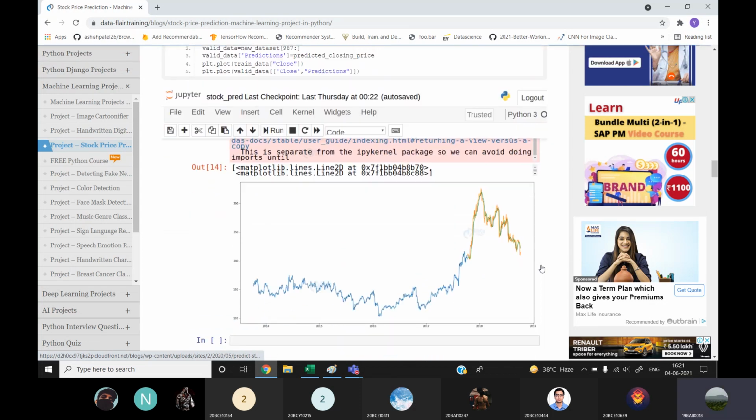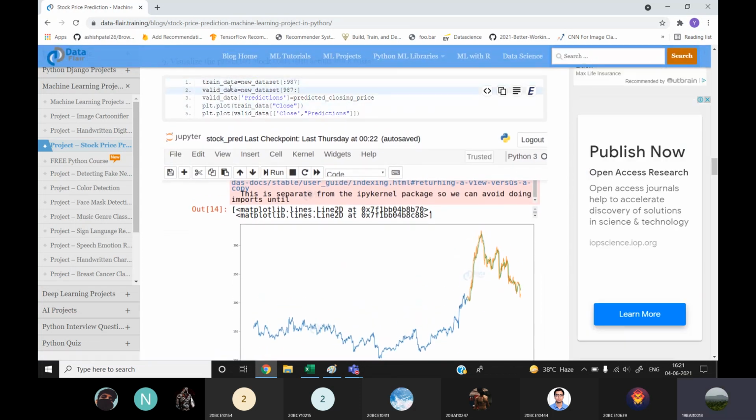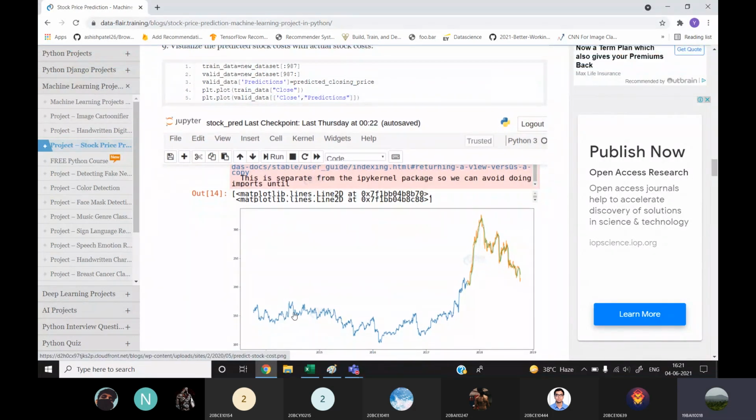The code for this is simply that we already had train data for the first 987 rows. Then the validation data was all the rows after the 987th row, and we will be plotting the train data, which is this blue or purple line, and upon that we will be plotting the validation data which our model is giving. So you can see the prediction of our model is quite good.